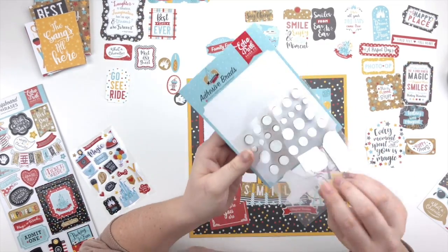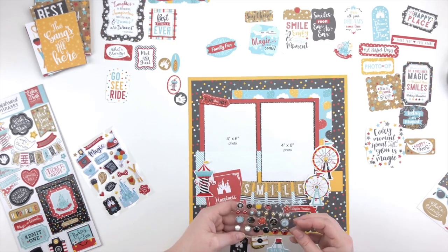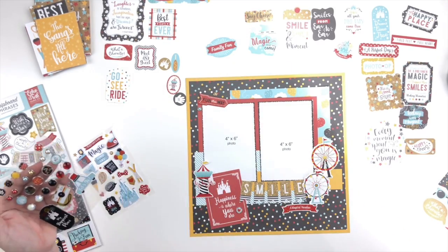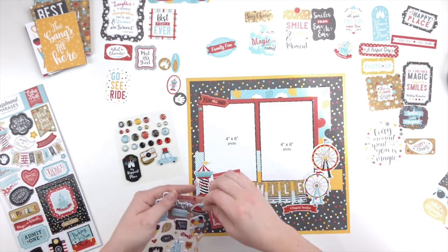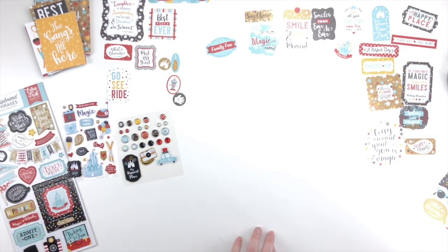And as you can see here, it says adhesive brads on the paper, which I didn't even think about when I ordered it or opened up the packaging. And so I really love that. So anyways, I use these brads to kind of finish off some of the elements there, and we're moving on